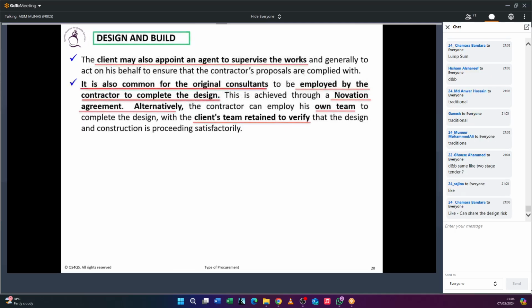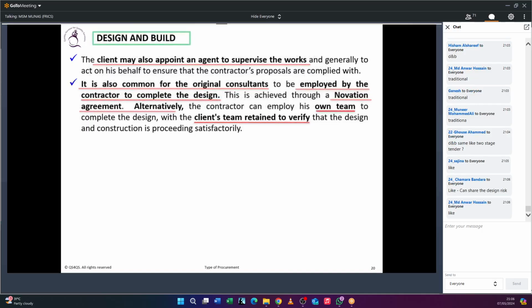Okay, you might not understand my question. Now carefully listen. Initially, this design team has a good reputation with the employer, right? So when the contractor hires them, what will they do? They will act as a secret agent to the employer and try to do maximum benefit to him. The contractor cannot disclose his financial things to these people. They will disclose to the employer because they are connected to the employer.